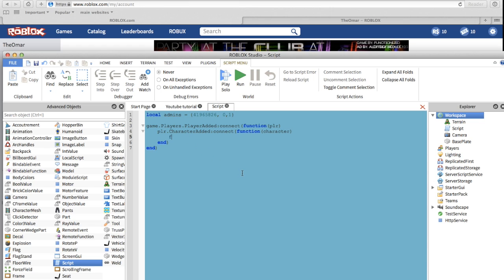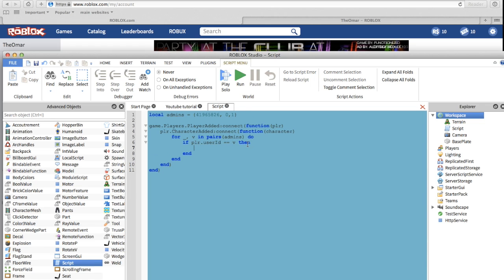All right. So let's loop through this table in pairs, and check if the user ID of the player that just respawned or spawned is equal to the admin's user ID. All right. So if player.UserId is equal to v, which would be each one of those, then